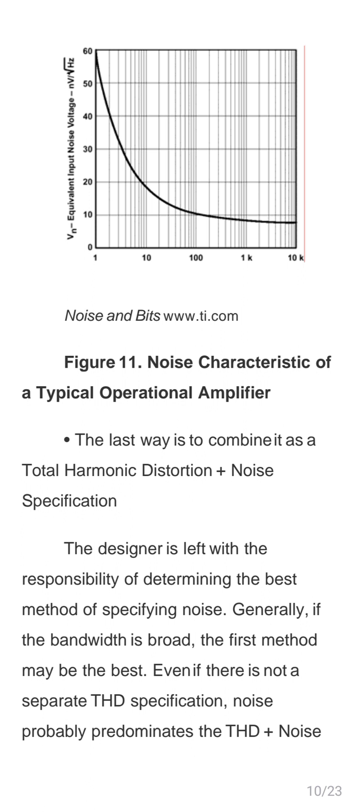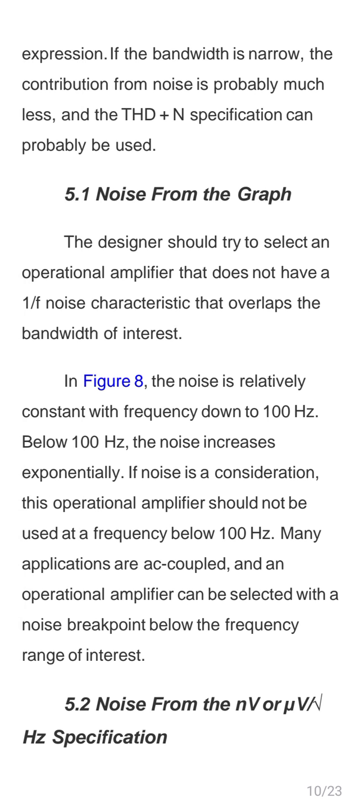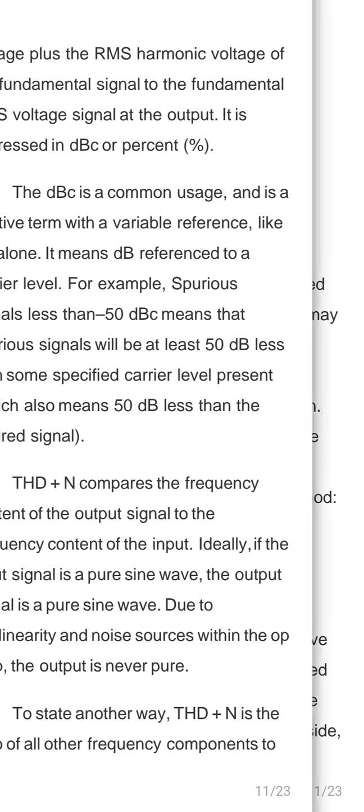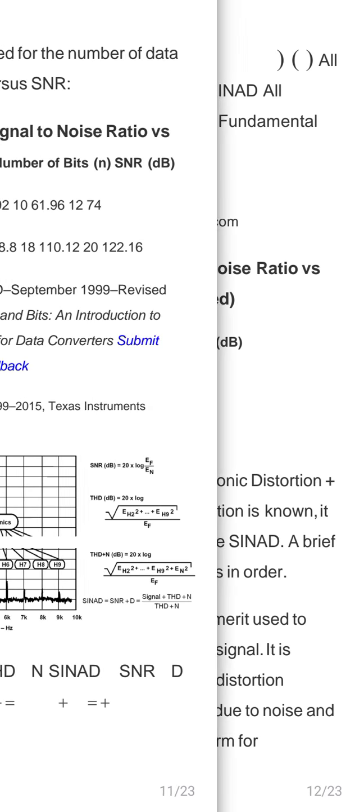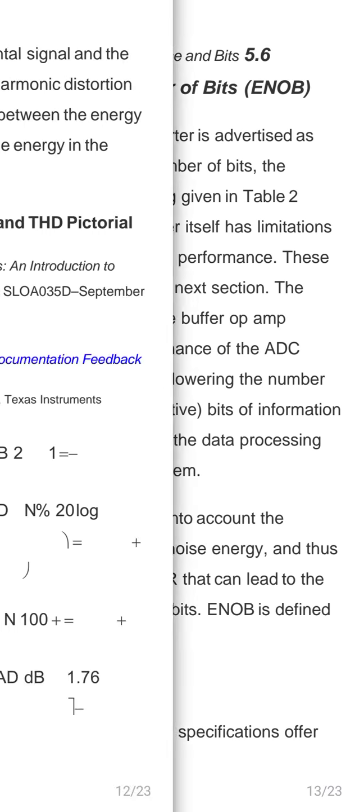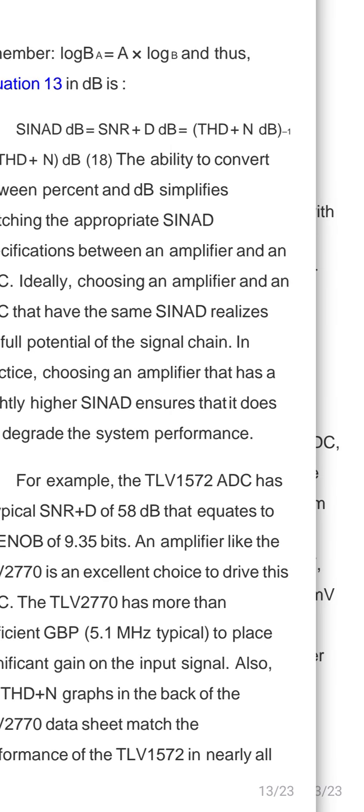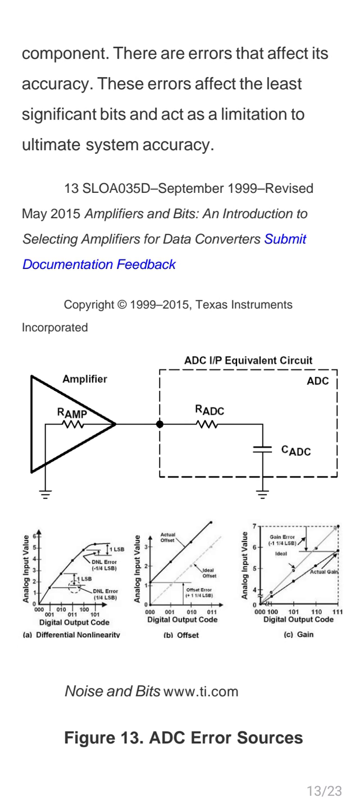The designer is left with the responsibility of determining the best method of specifying this noise, and the bandwidth is broad. The first method may be best if there are no separate THD specifications. Now, signal to noise ratio is a formula for input versus output, of the input gains and the output gains. Then next part is the